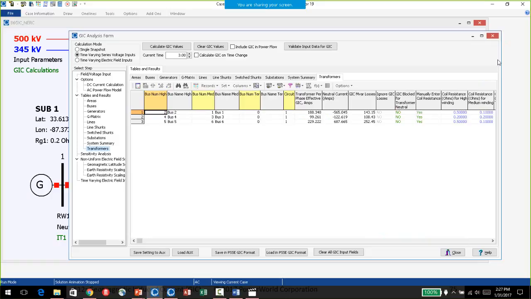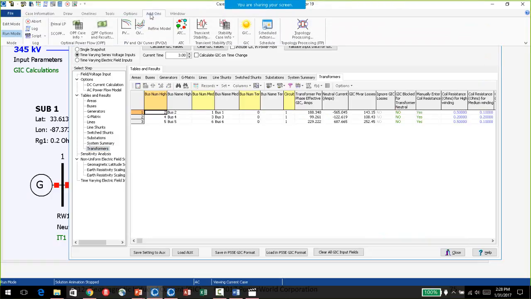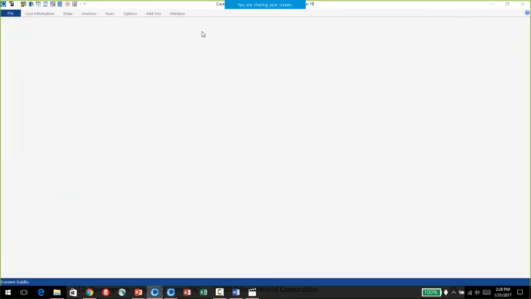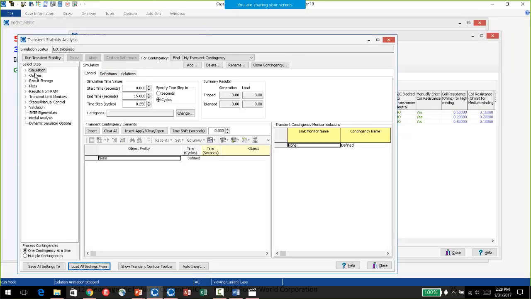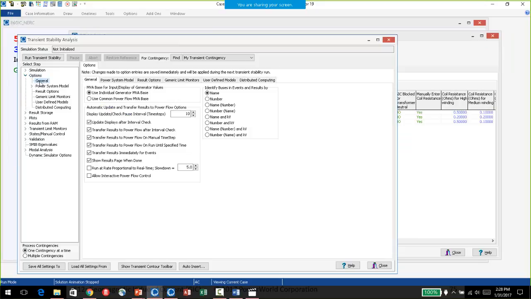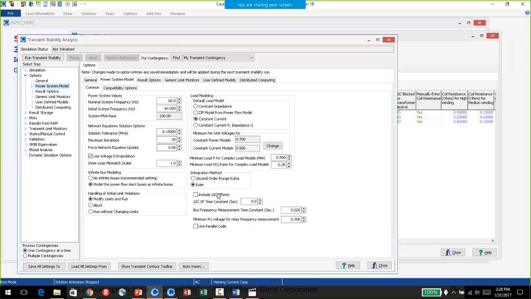If I wanted to run this through transient stability, I would go to my transient stability dialog on the add-ons here, open transient stability. As Tom mentioned earlier, we have a couple options on the power system model right here.